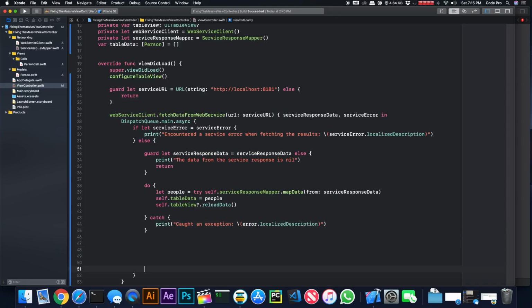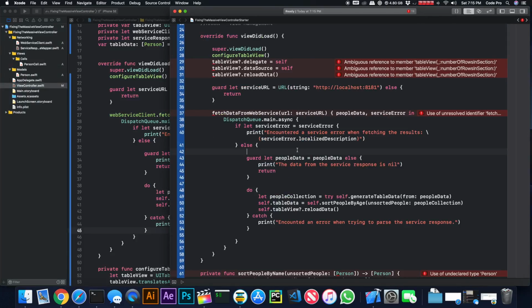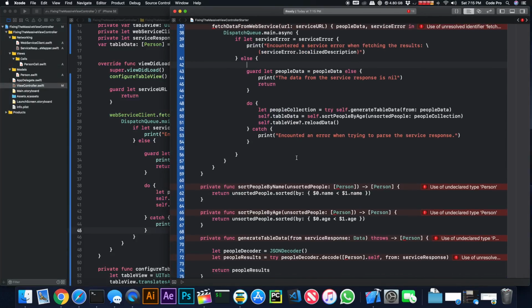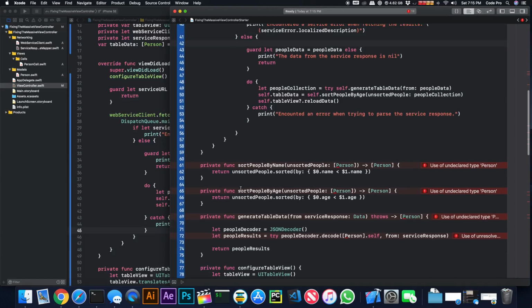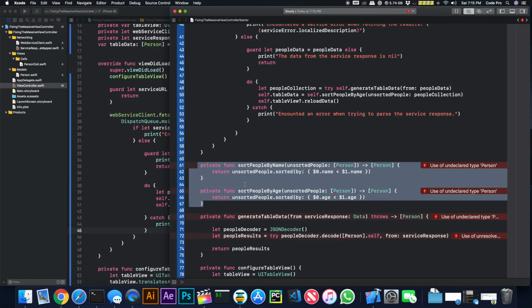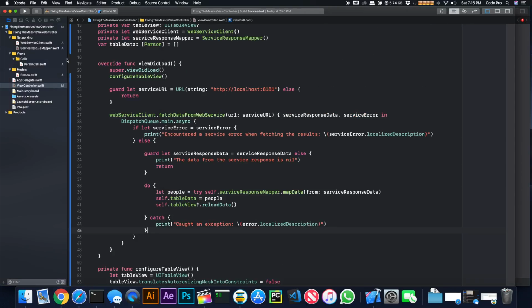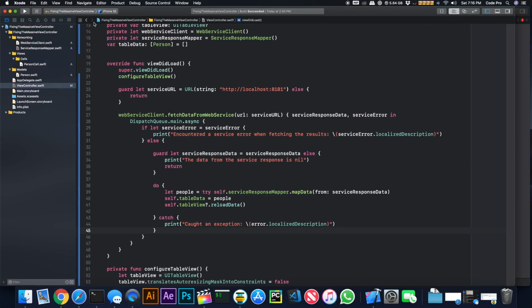Now there's one other part we need to do here, and that's our sorting. So following a similar convention, what we'll do here is take a look at our playground and see what's left that needs to be cleaned up. So obviously we have the sort by name and sort by age. So we want to put these in pretty much a different place altogether. So what we can do is copy these two functions, and we can go back over into our project here,